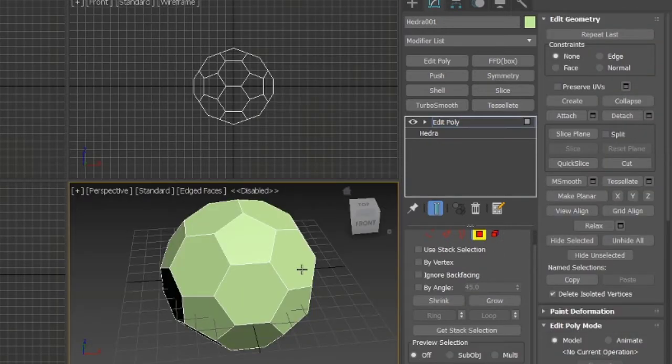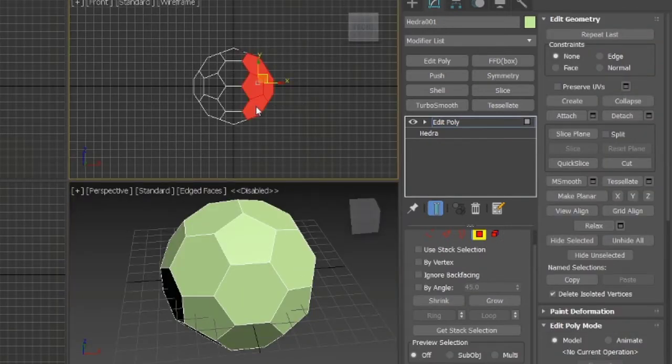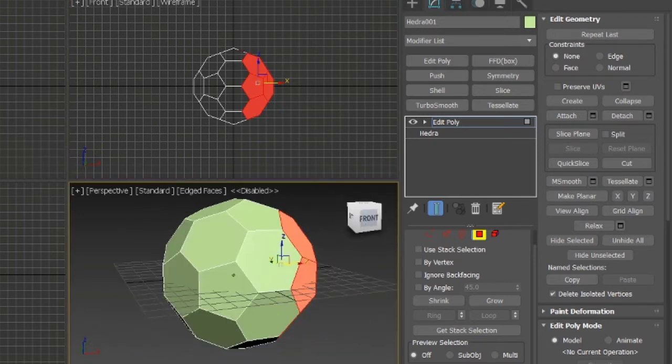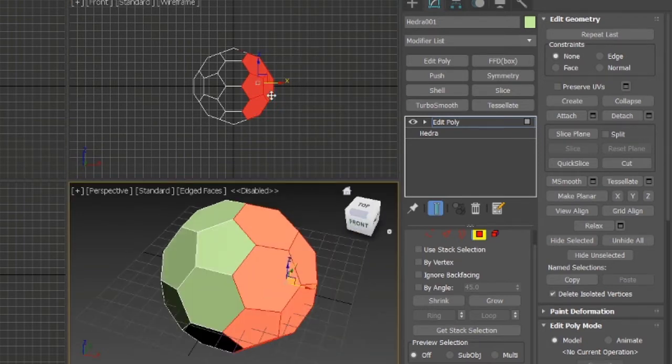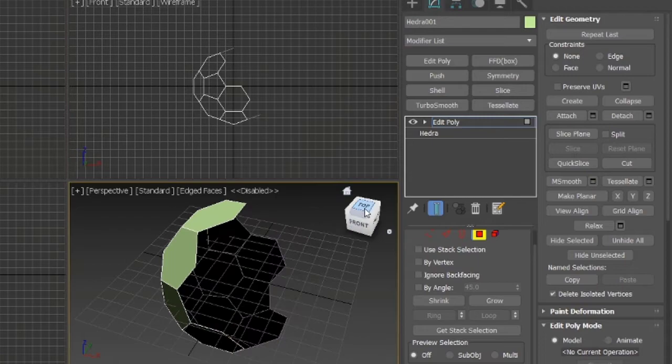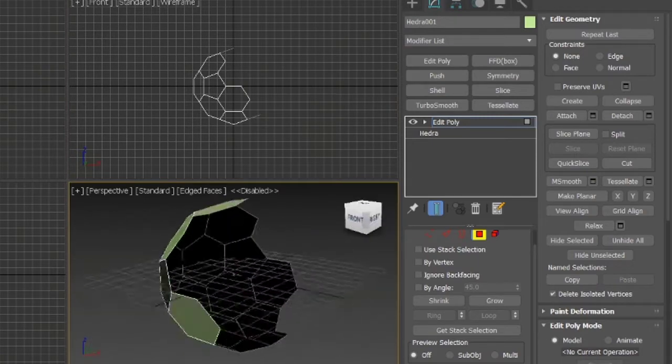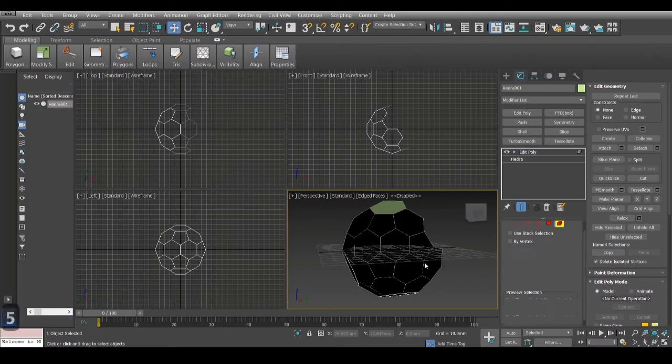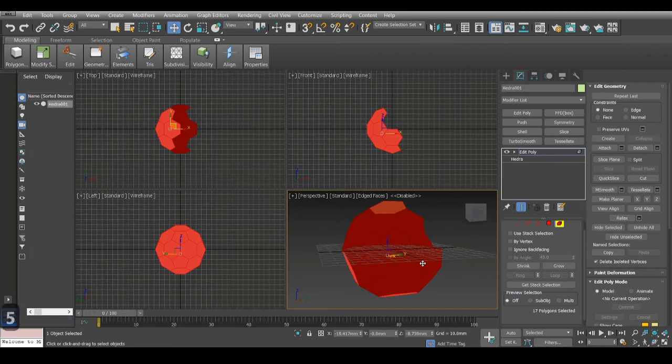Alright. So go to the front view and I'll delete, as you can see, I will delete these. Alright, I can delete this one as well and delete these two. So now we have something that looks like this. Now I'll press 5 and select the whole thing. I'll press 4 again